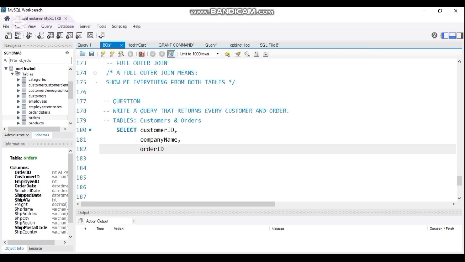So I will be returning customer ID, company name from the customers table, order ID, and the order date from the orders table. The first thing I'll be doing is to write a query for this using the left join. I'll be using the left join. Remember I said that we don't have a full outer join in MySQL. So I'll be selecting from the customers table